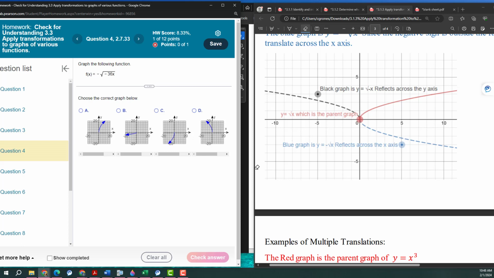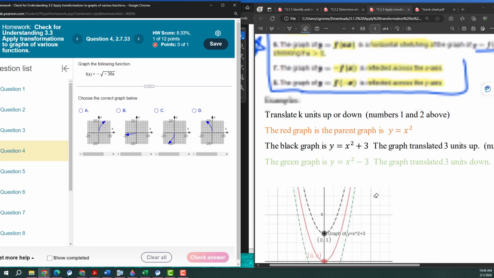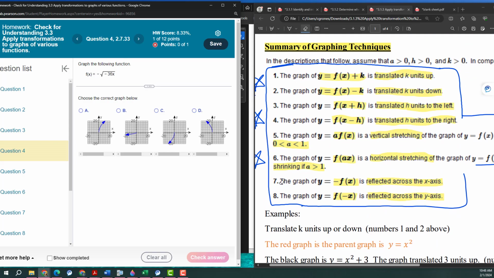Okay, so number 4. It says graph the following function, f of x equals negative square root of negative 36x. So let's look at our rules. We're looking at 7 and 8 for sure because we have negative f of x and then f of negative x. So since we have those two negatives, we are going to do a reflection across the x-axis